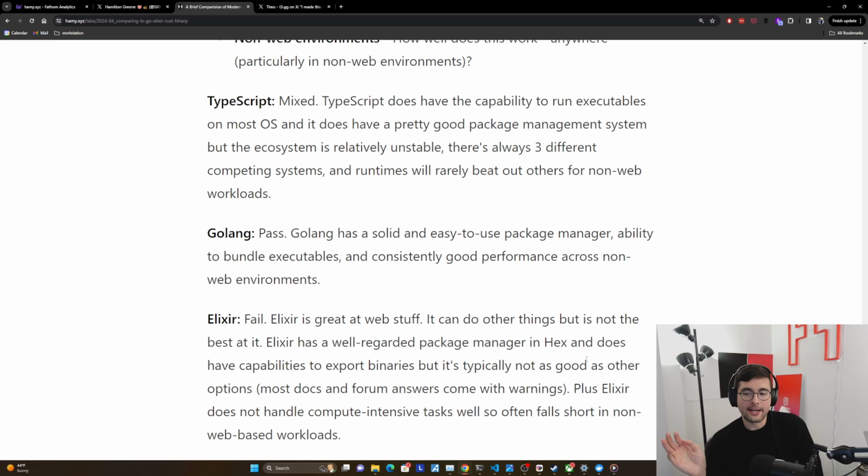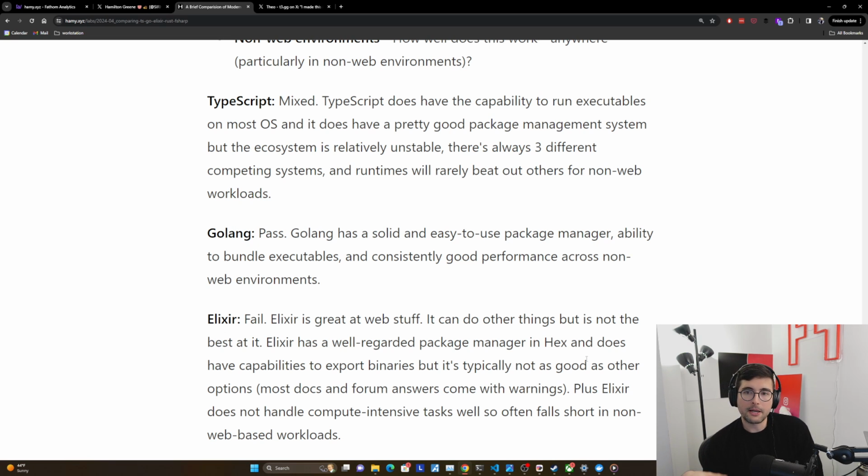The other thing I want to point out is that Elixir does incredibly well for web stuff. It can really leverage the concurrency of the Erlang VM to do this. Web requests are typically not super compute heavy. They're usually more IO bound, and so that concurrency works really well. The problem is when we get Elixir into a compute intensive environment where it needs to really rely on raw compute, on raw horsepower, it really falls behind.